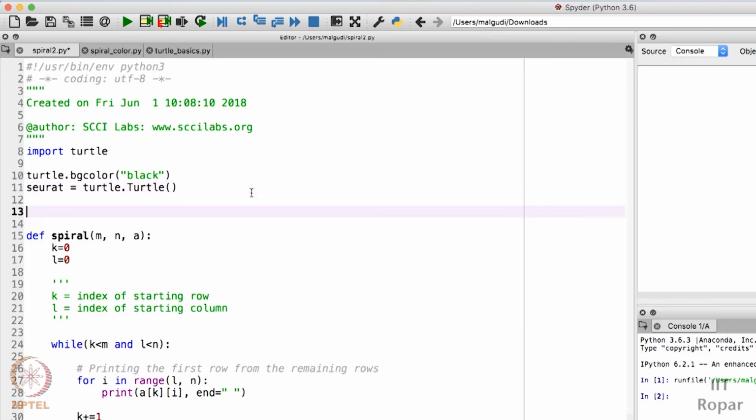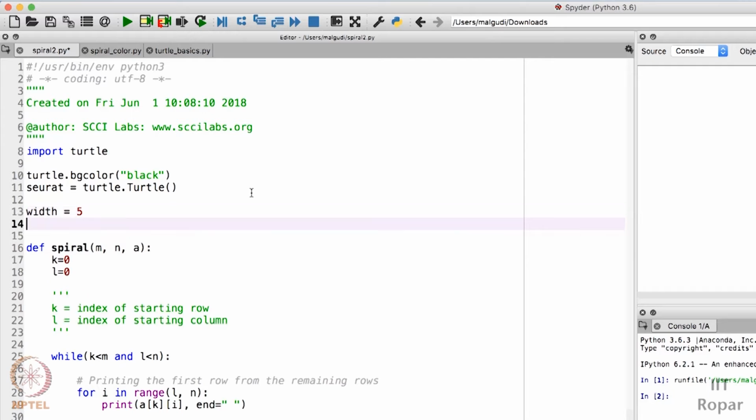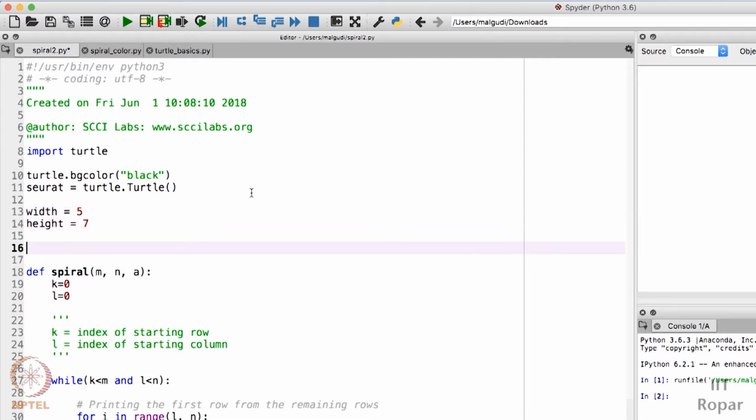Whenever I traverse through the matrix, I am going to print a dot, so I need a circle kind of thing. For that I need a width variable. I'll create a width variable of size, let's say 5, and a height variable of size 7. And whenever I go to a particular element, I will print this dot, and I will move forward some distance. So I need that distance. I will write dot_distance, which is, let's say, 25.